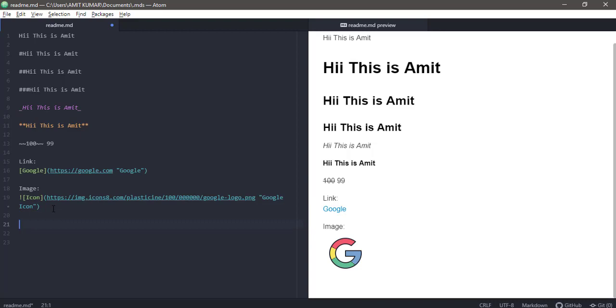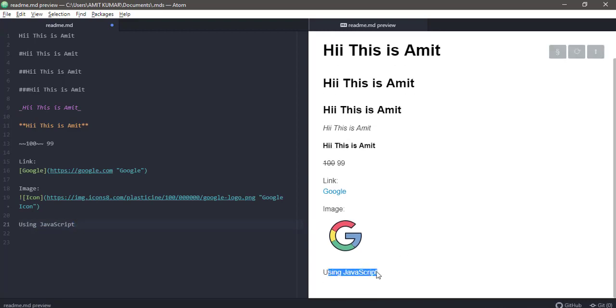Okay, now moving on to the next. Suppose you want to mention that you are using something like C, or if I am using JavaScript, suppose. You can see this is the normal text. So let's see how we can highlight this one. You just have to give a backtick, same as here. So you can see that this has been successfully shown as code.